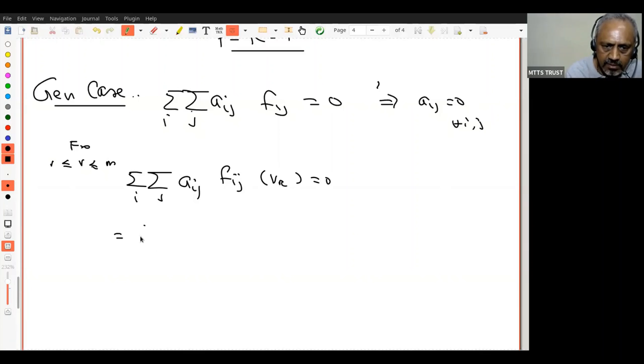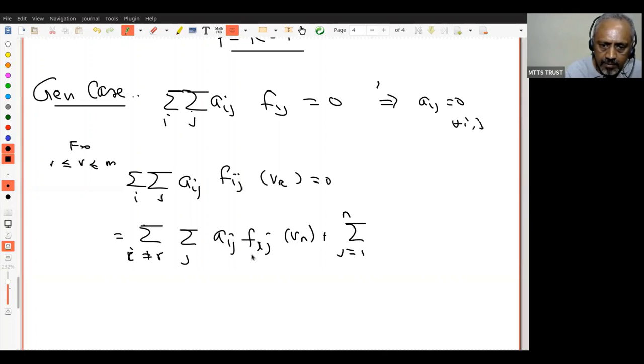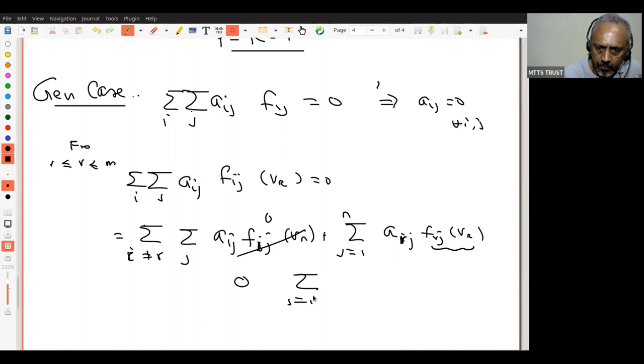Therefore, this I can write as the sum over i not equal to r, j, of Aij Fij Vr, plus the sum over j of Arj Frj Vr. You understand this? This is the first sum over i split into two sums: i equal to r, and i not equal to r. Is that clear to you? Now, what do I know? Here i is not equal to r, therefore this is 0. This is exactly like the earlier case. Now, what is this? This says the sum over j equal to 1 to n of Arj Wj